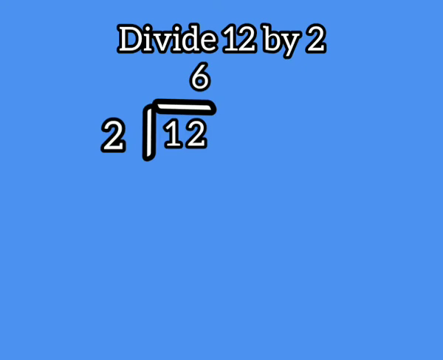Then you got 12 by multiplying 2 into 6, so you have to write it again under 12 as 12. And you have to subtract those two 12s. 12 minus 12 equals what? 12 minus 12 equals 0. Here 0 is the remainder and 6 is the quotient, which means 6 is the answer.